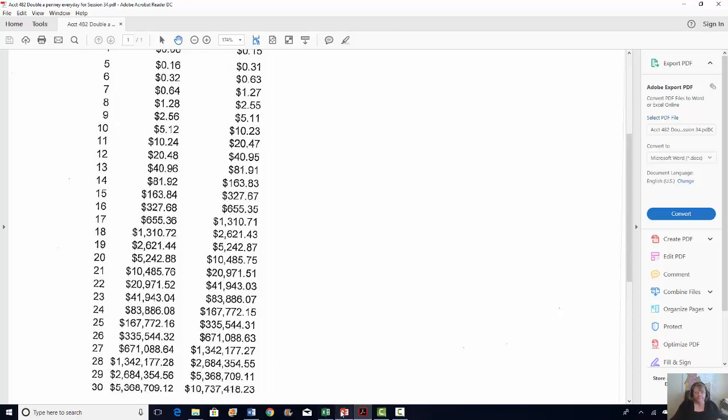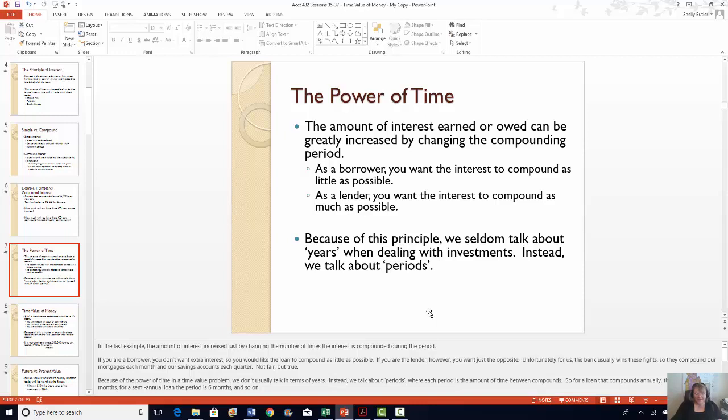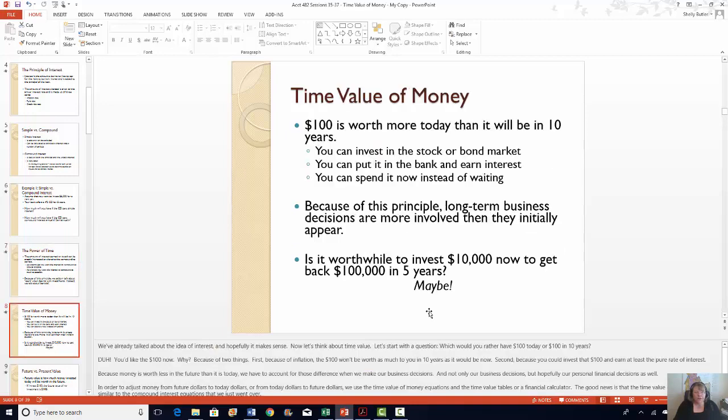Okay, I'm done. Anyway, so we talk about the periods when we're doing the power of time. And now, the time value of money, the concept is that $100 will be worth more today than it will be in 10 years. If you think about back in my day, things were really cheap,